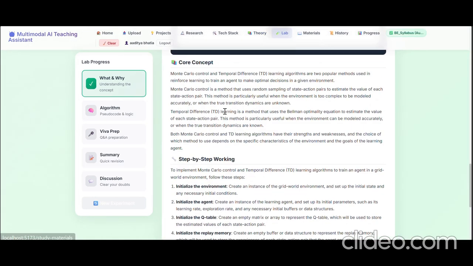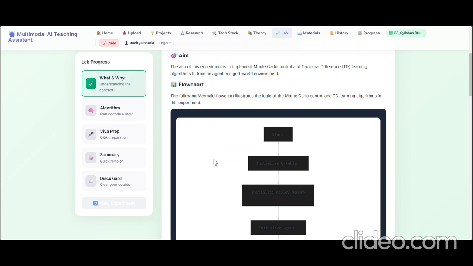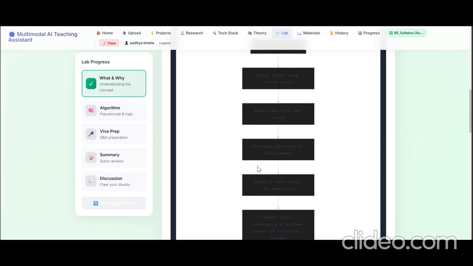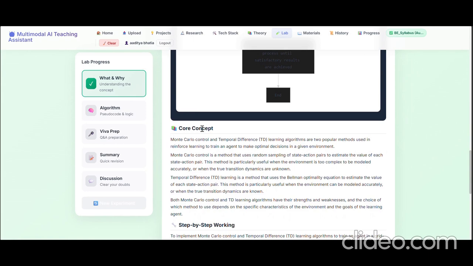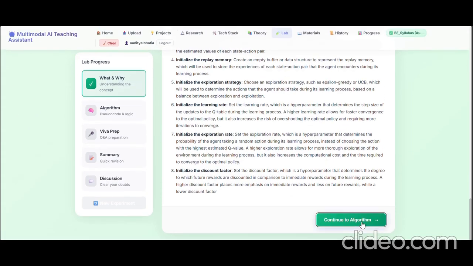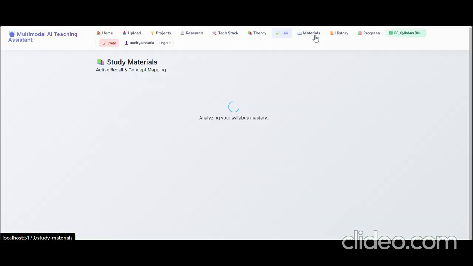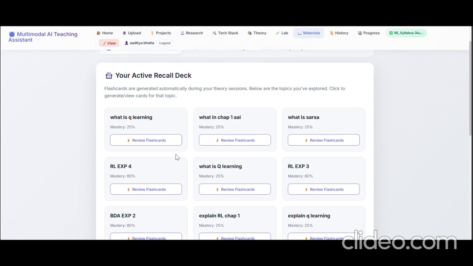And then there is the lab. For example, I have put this RL experiment number 5 into it, and it is helping me understand it by making diagrams and flowcharts, and then making me understand the core concept and working. Then there will be the algorithm, then viva prep, summary, discussion, and if all is over, then we can move to a new experiment if we want to continue. Then we have this material page, which helps us understand whatever we have gone through,